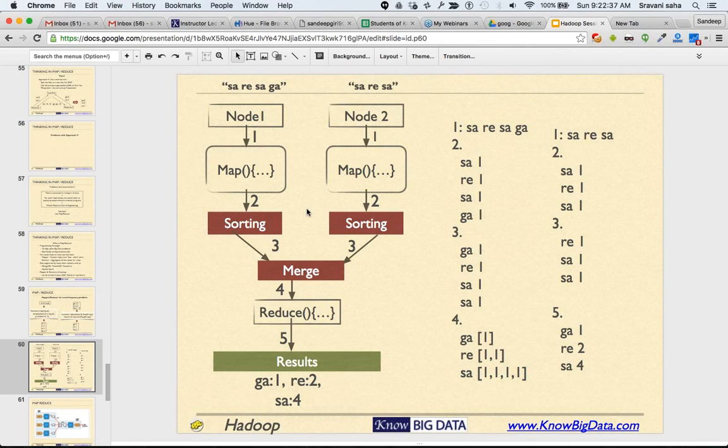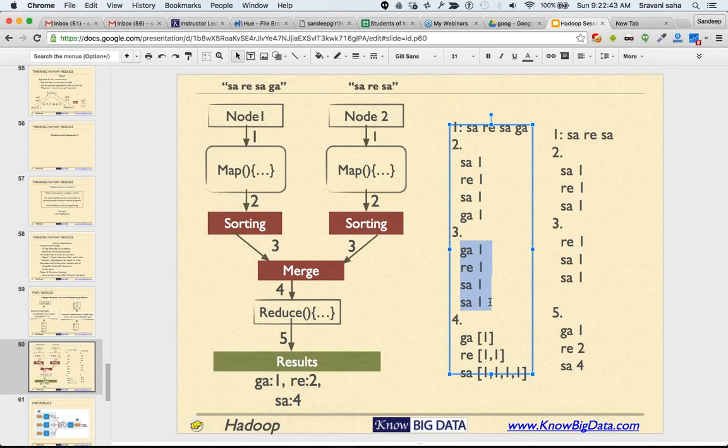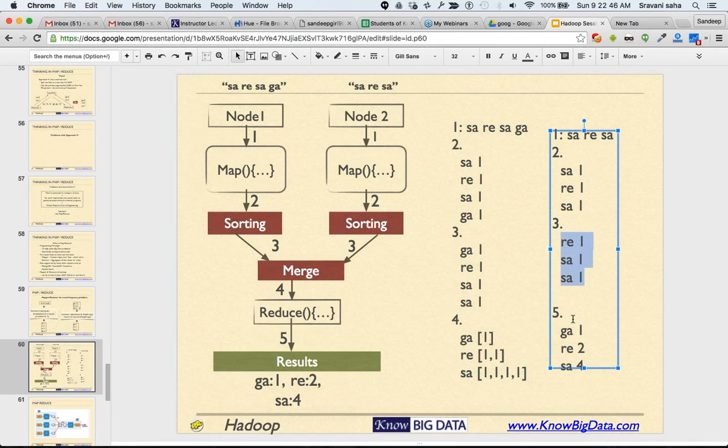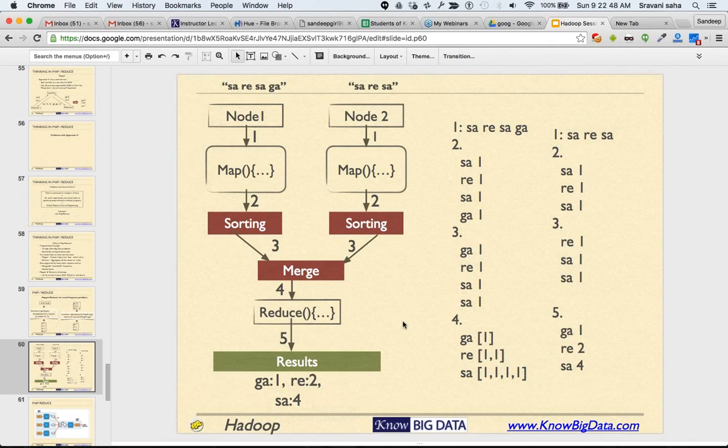And then the data will be sorted by Hadoop individually on node 1 and node 2, and you get this result. You can see that the data has resulted in this. Next is that once you are done with sorting, then the data will be merged and the output will be passed through the